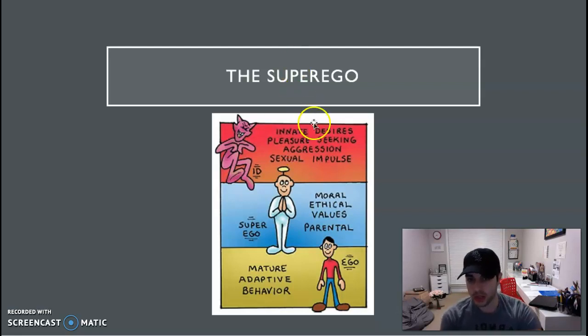And here I just have another picture representing the three again, and you can see the id, the superego, and the ego. The id being those innate desires, whether sexual or impulses or aggression, very deep and powerful desires. Then on the opposite spectrum, you have the superego, which is very morally perfect, and it's all your values and the rights and wrongs you learned as a child at work. But then you have your ego, which you can think of as mature, and it tries to compromise between the two to satisfy your id, but also not let the superego take over as well.